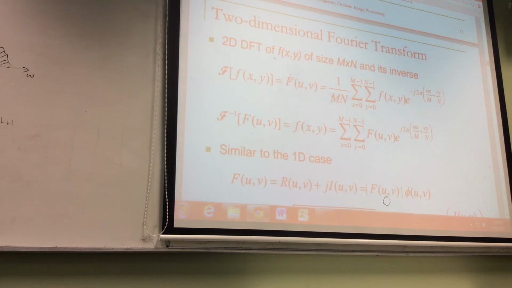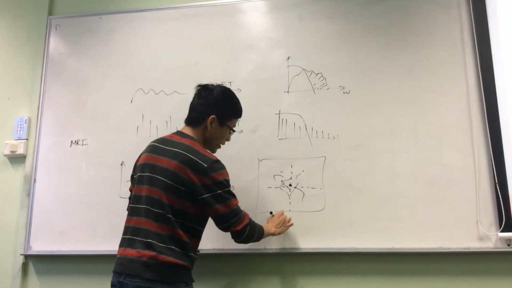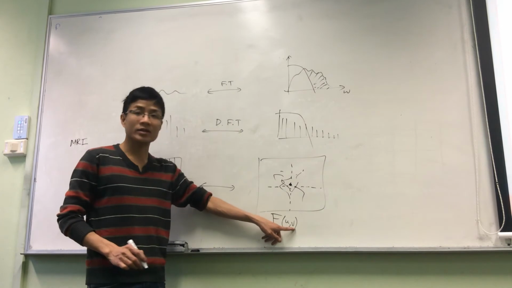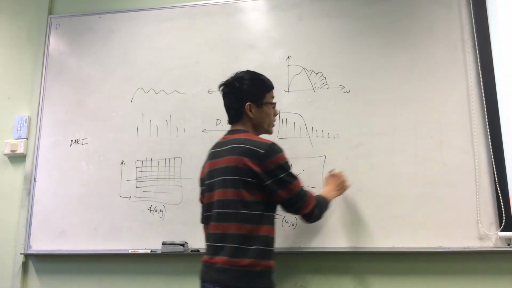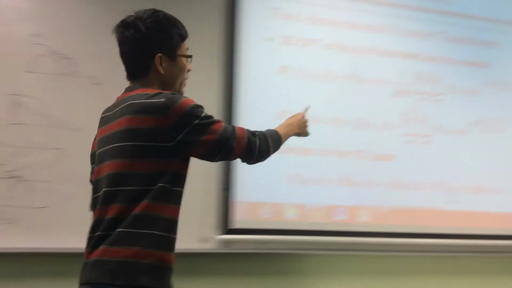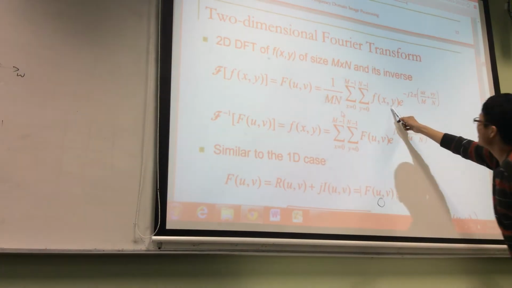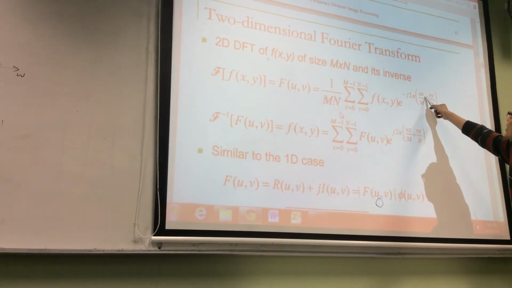So it's better to remember this formula because sometimes it is asked in the questions. It gives you the image f of x, y. It will calculate F of u, v. u and v are frequencies. This one will be equal to the sum of f(x,y) e to the minus j2 pi (ux and vy)